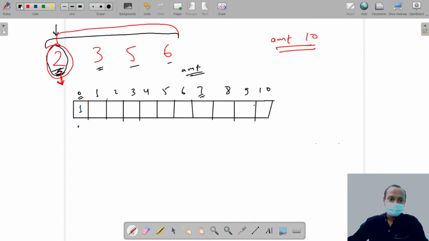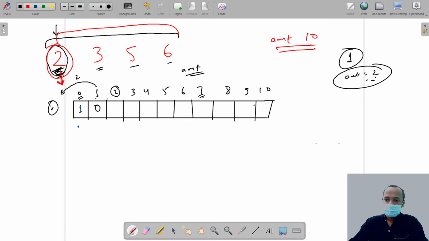Now if you see, can we pay 1 rupee by using a 2 rupees coin? If you choose 2 rupees, then we reach this point. So there is no way to pay 1 rupee by using 2. I'm writing 0. Now is there any way to pay 2 if the amount is 2? Is there any way to pay 2 rupees by using a 2 rupees coin? Let's see.